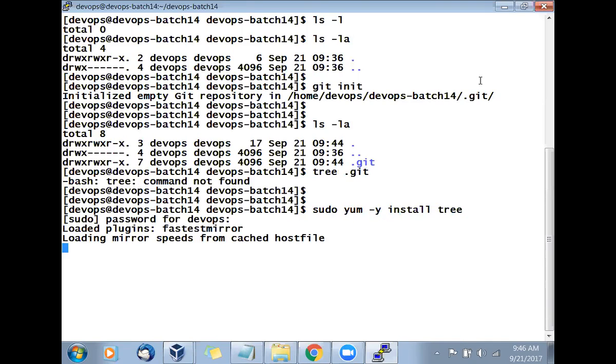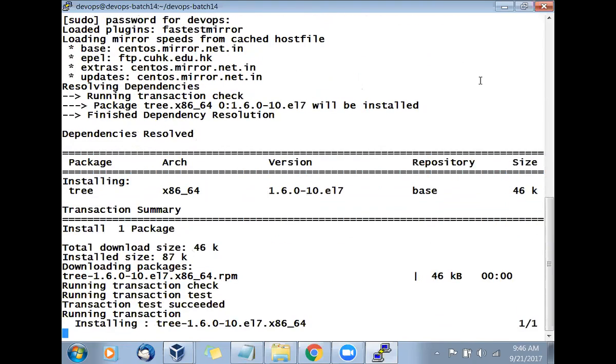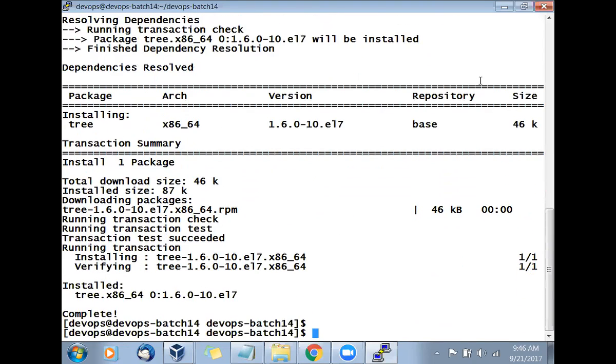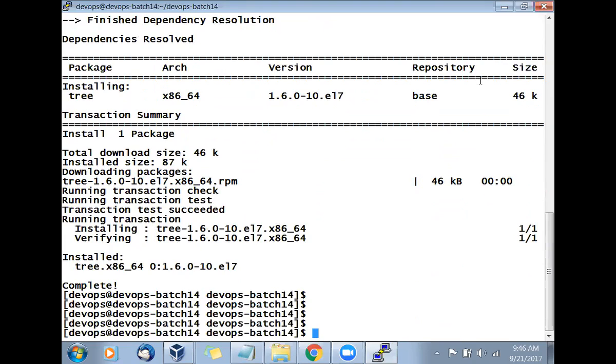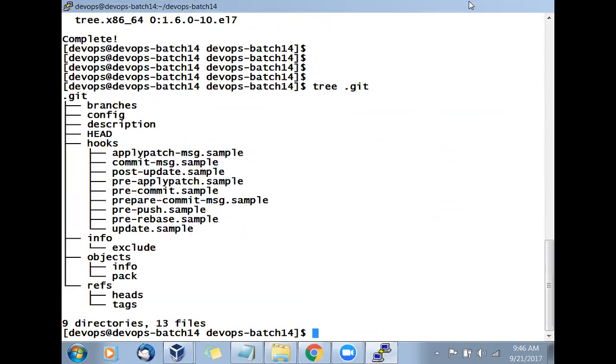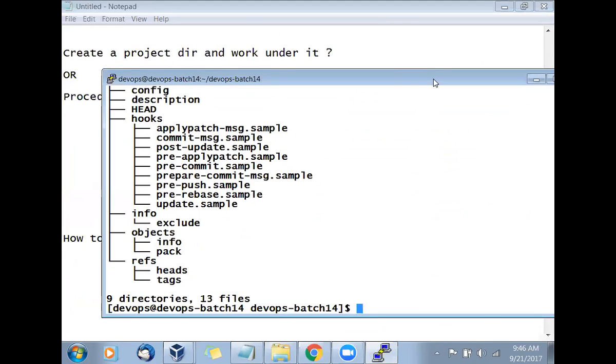So it should show me the beautiful tree structure. That means the structure of folders and files. Okay, so done. I have installed the tree. Now this tree doesn't have any relation with git. Okay, so that is a separate command. And why have we installed it? We have installed it to see the structure. So I'll say tree. Hey, show me the tree structure. Ready, steady, go. Okay, now you see that there is a beautiful structure available here.